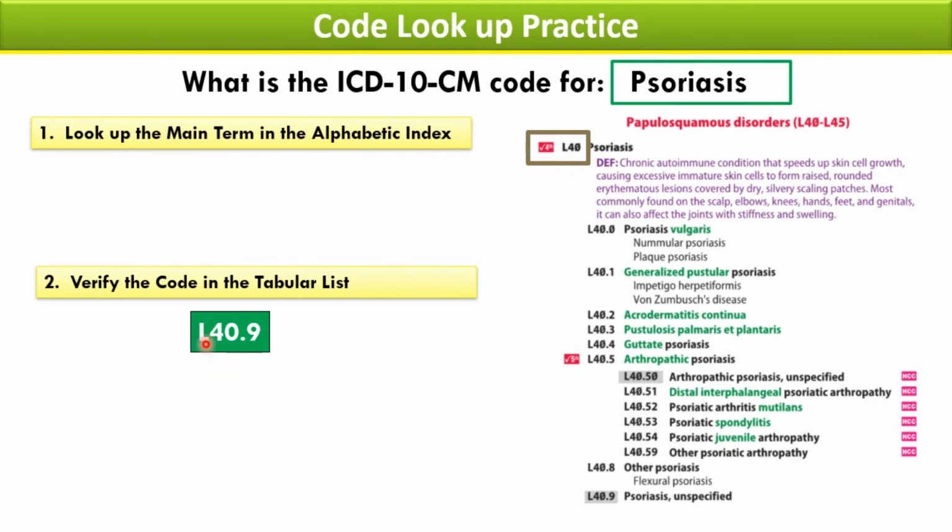Our path is L40.9. L40, we're going to bypass 0, 1, 2, 3, 4, 5, and we're going to go all the way down until we hit 9. And this is psoriasis, unspecified. All right, coders, the doctor didn't specify the type of psoriasis, so this is indeed our code,